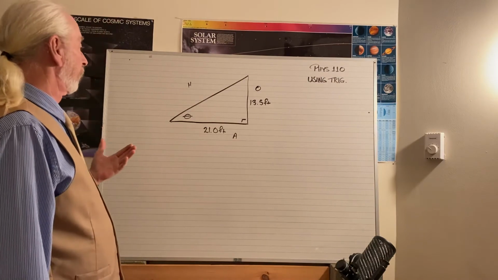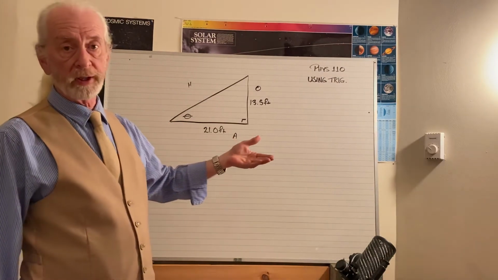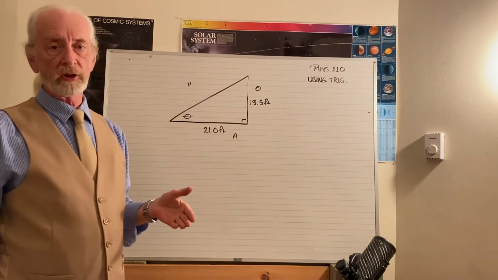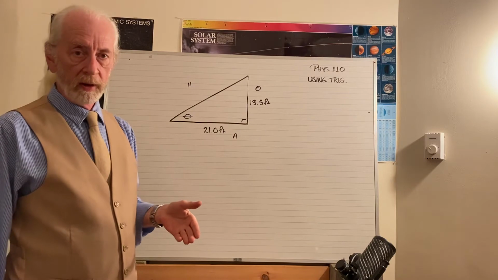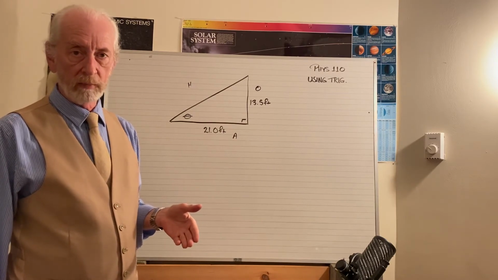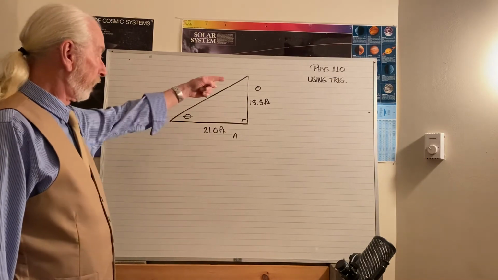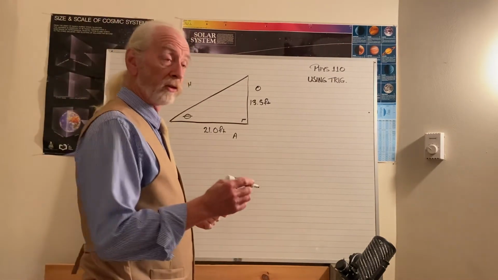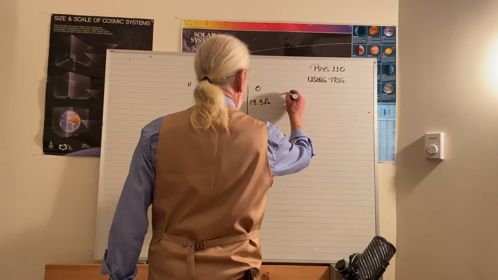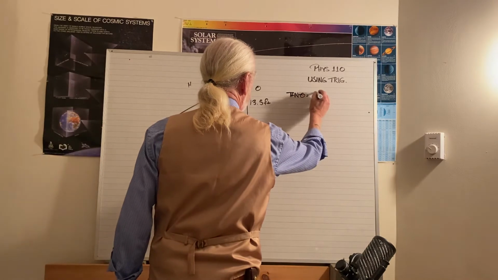Well, what do I have here? I have opposite and adjacent. Those are the only two pieces and parts I got. This is sort of like going to the kitchen cupboard to see what's in there to make a sandwich, and all you got is peanut butter and jelly. So there's only one kind of sandwich you're going to make out of those ingredients, and that's a PBJ. So in this case, I got opposite and adjacent. The only thing I can do is make a tangent sandwich. So the tangent of that angle is opposite over adjacent